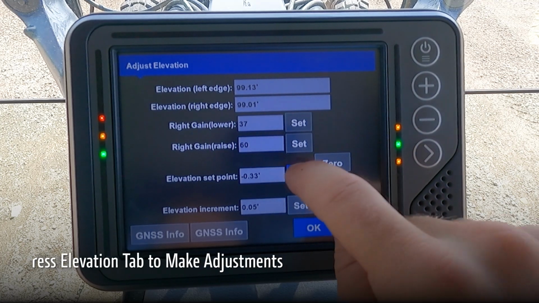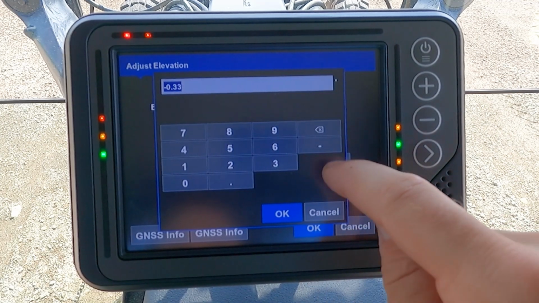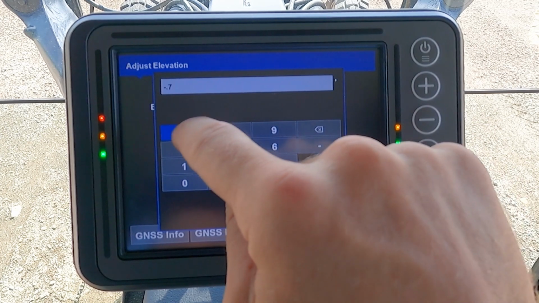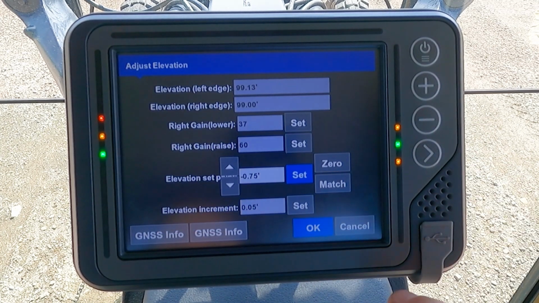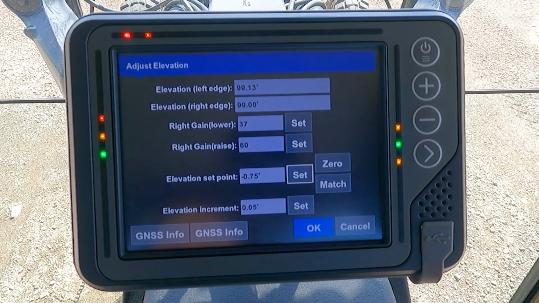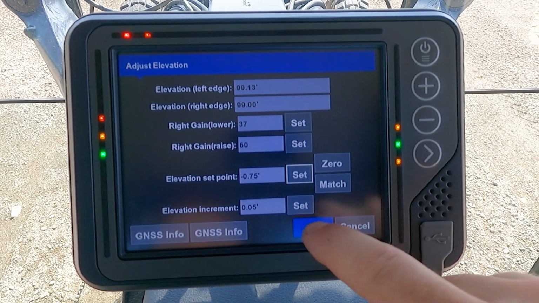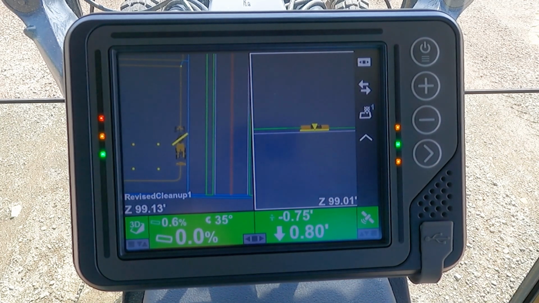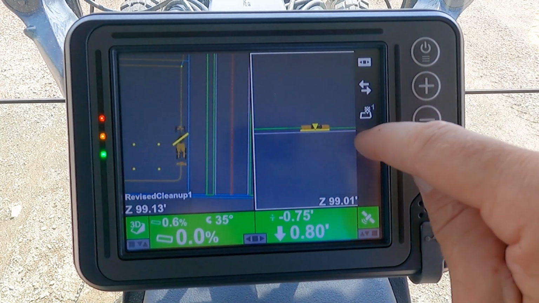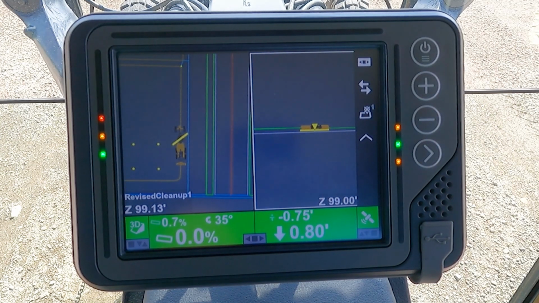Then we can see our elevation set point. We can select set to make our adjustments. We could adjust our set point to be minus 0.75 feet or 3/4 of a foot down, and then select OK. So now when we come back to that third set point, it will be set to 3/4 of a